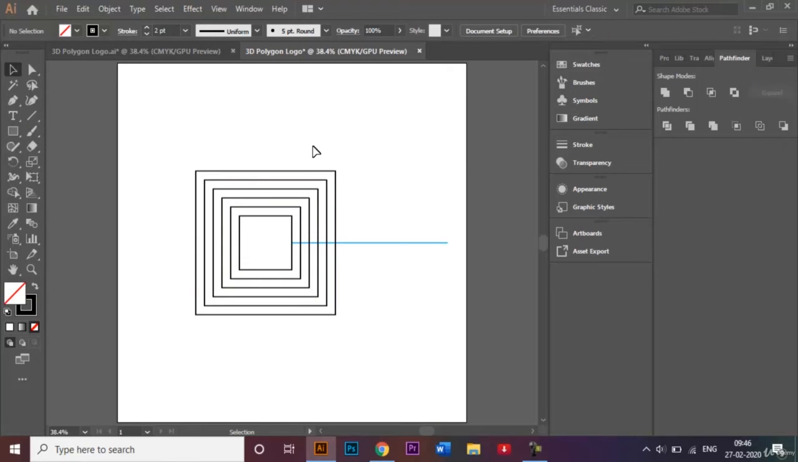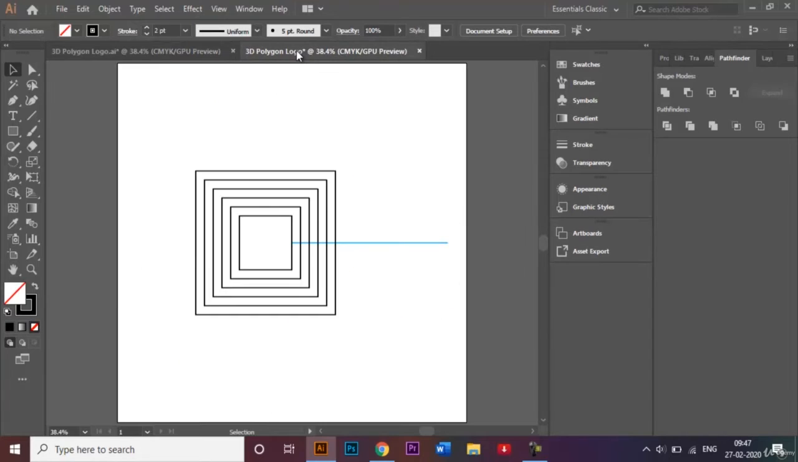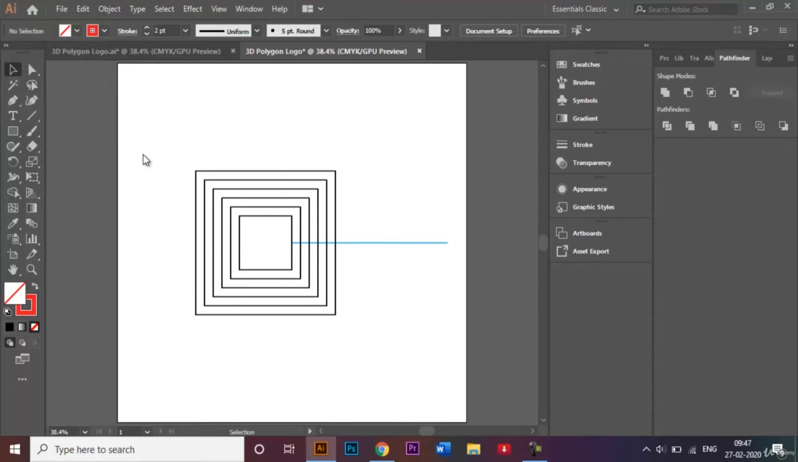Okay, so now I'll be making some lines over here which will be acting as a guide in order to make this kind of a shape, right? So for that I will be changing my stroke color to red, and I let the stroke weight be 2 itself. So what I'm going to do now is